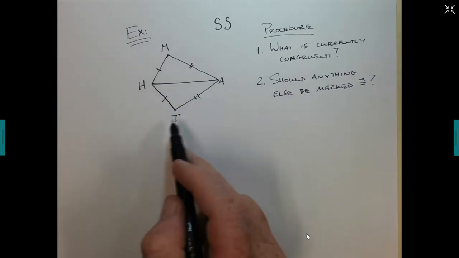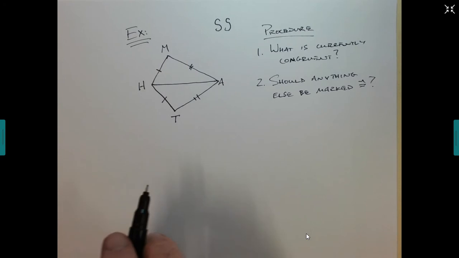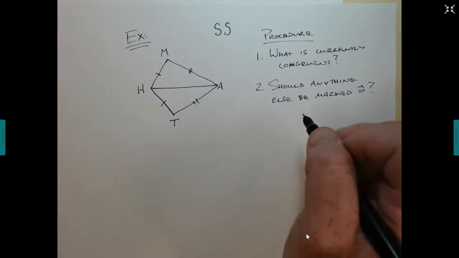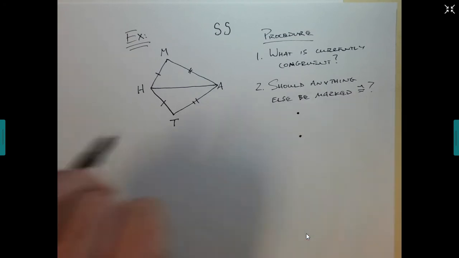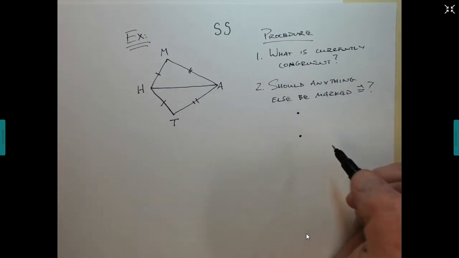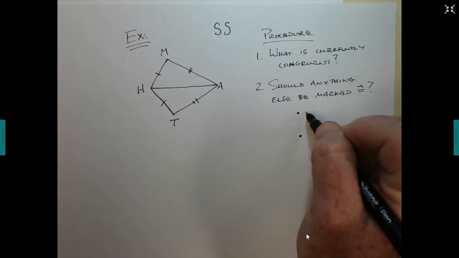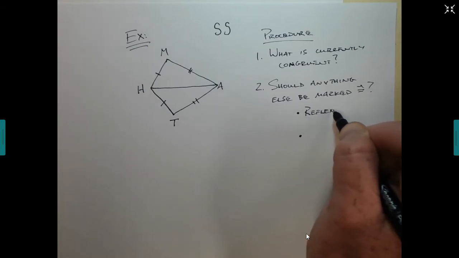Because you may look at this and go, everything looks great. Look at these angles. They look the same. But we need to have rock solid ideas. And I'm just going to give you a hint. You should only be really looking for 2 things. There's more stuff out there, but if you just look for these 2 ideas, you can get an A on my test. 1, you need to be looking for what I call reflexive